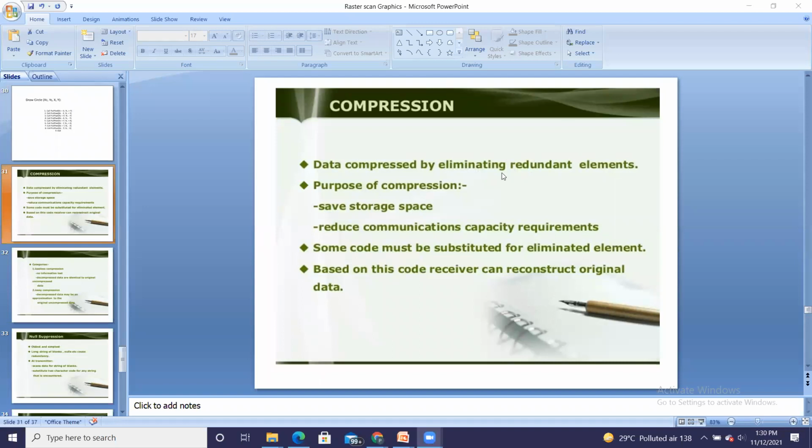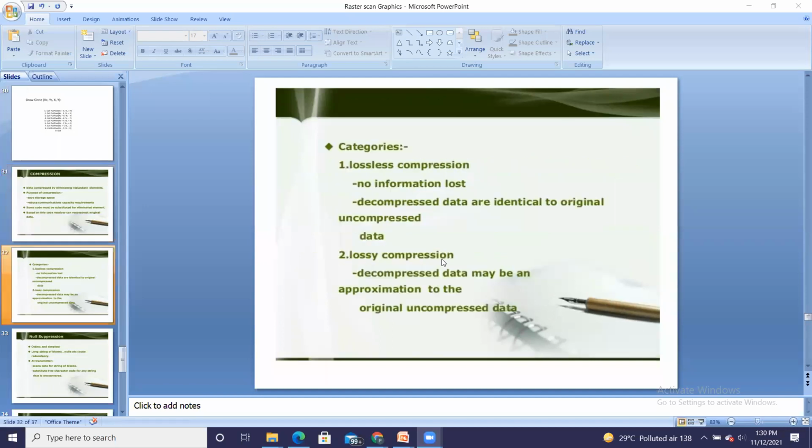Okay, so compression has two purposes, and substitution takes place while eliminating. Now there are two categories of compression. One is called lossless compression and the other is called lossy compression. The name itself gives you an idea.